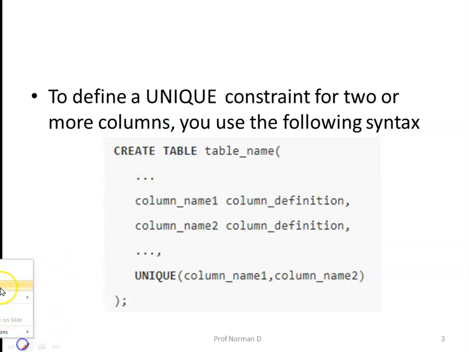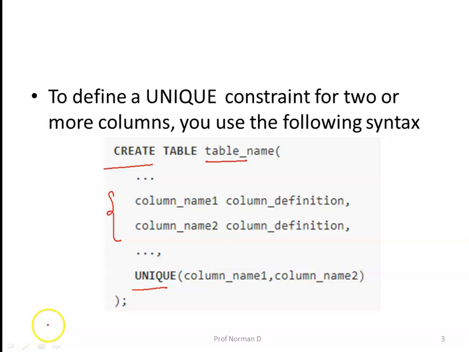While creating a table, that is create table, table name, you specify your attributes, the definition of the attributes, and then you use the keyword unique, and whichever attributes should be unique, you specify them in parentheses separated with commas.